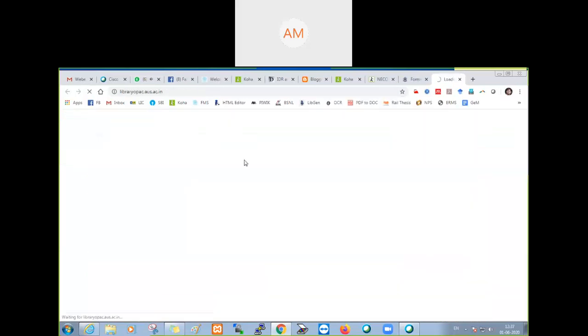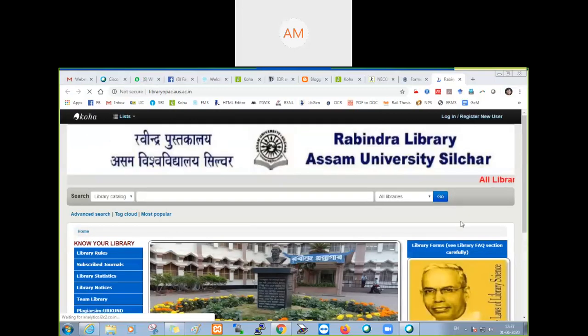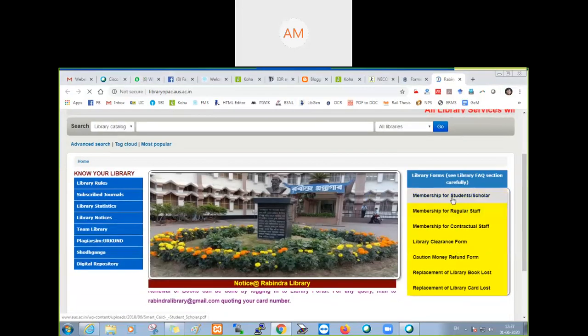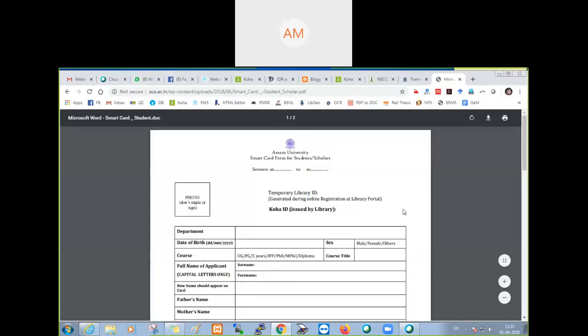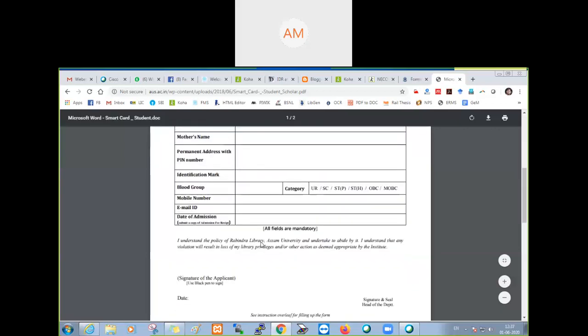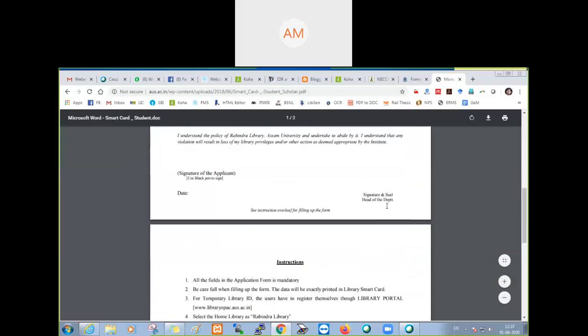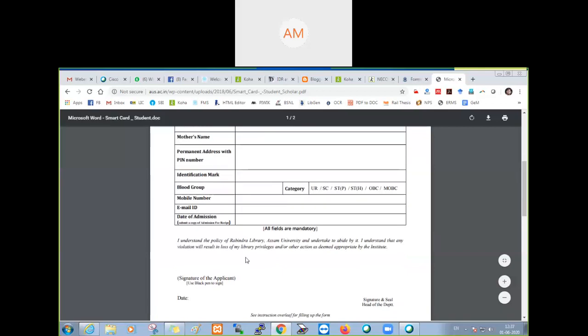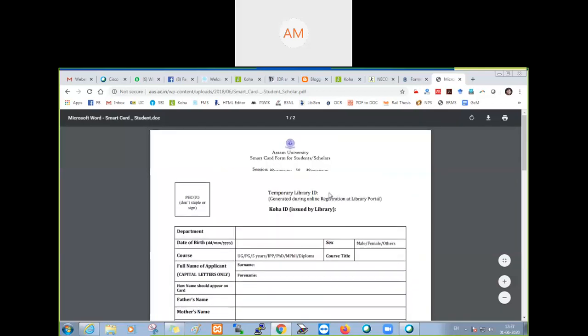Okay, I'll see. It's all available in my OPAC. I'll show you the library membership form for students and scholars. I have made a form here, a temporary library ID. They have to provide the library ID here, fill in all the details, submit with the signature of the head of the department, and submit along with their fee receipt. And from this temporary library ID, we just type the temporary library ID and verify